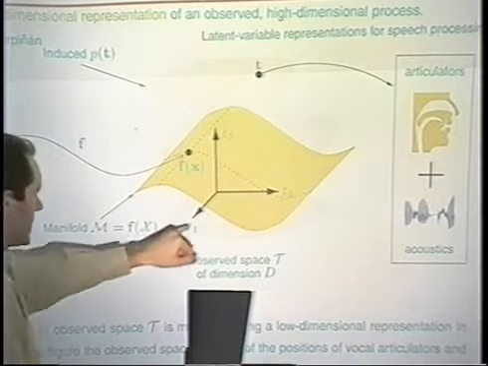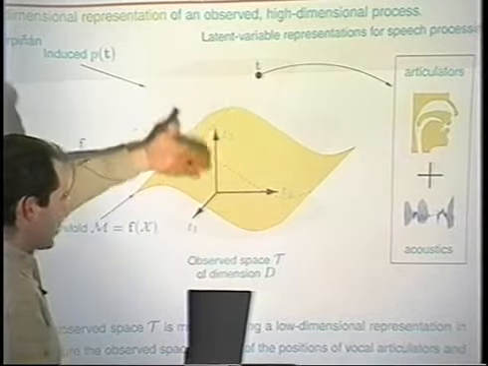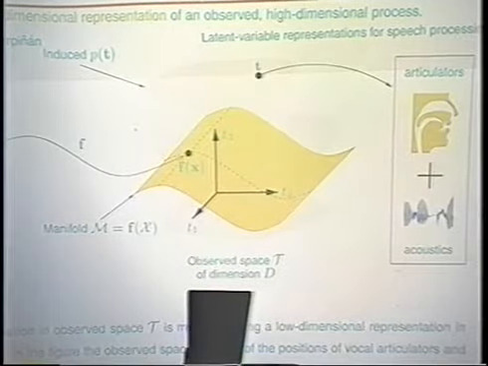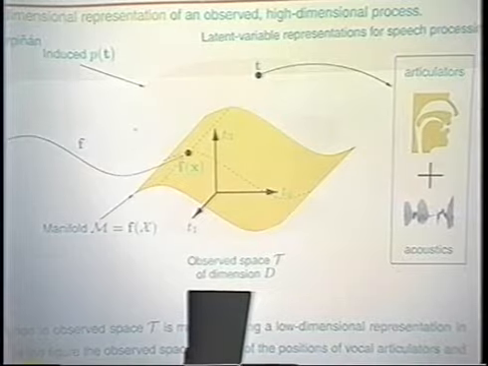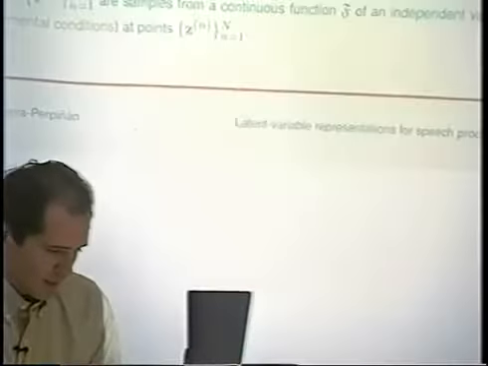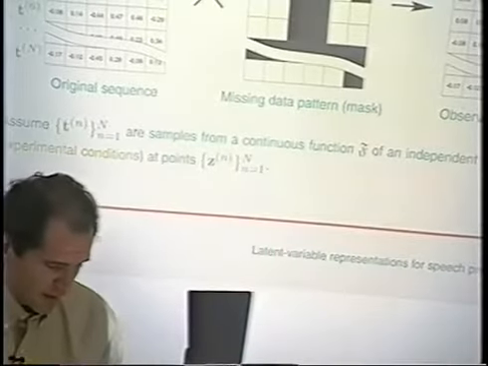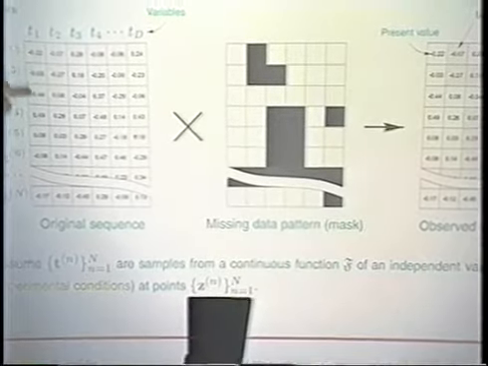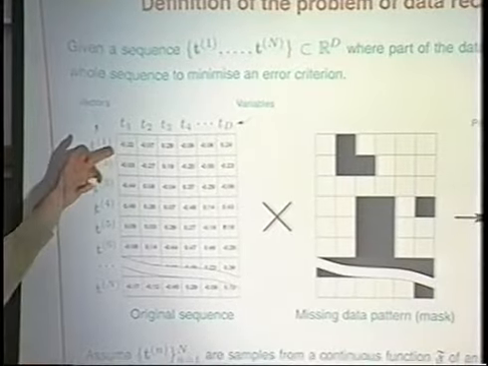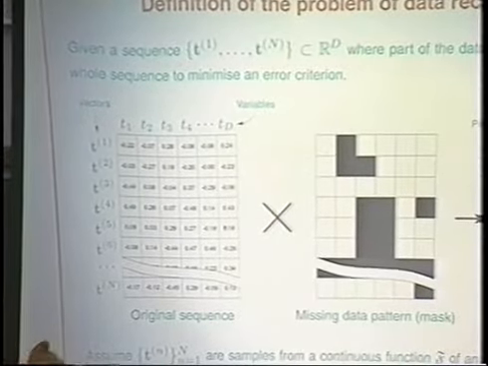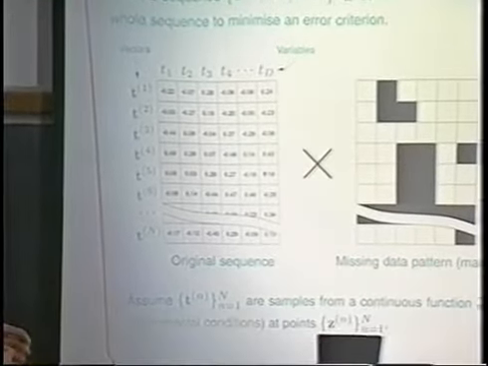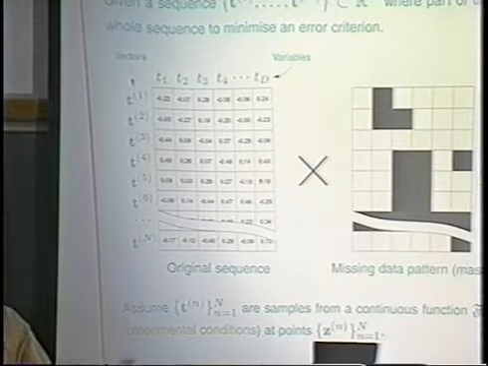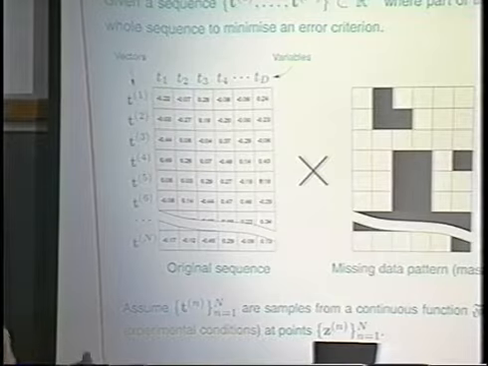If I just give T1, then across this plane here, I will have a whole line where they could be, and I don't have enough information at that point to get that. So I need an extra degree of redundancy. That degree of redundancy comes along this direction, and that is along the sequence. If the sequence is in time, like an utterance, it comes from the fact that the articulator positions at time t plus 1 are going to be very similar to those at time t because of the continuity.